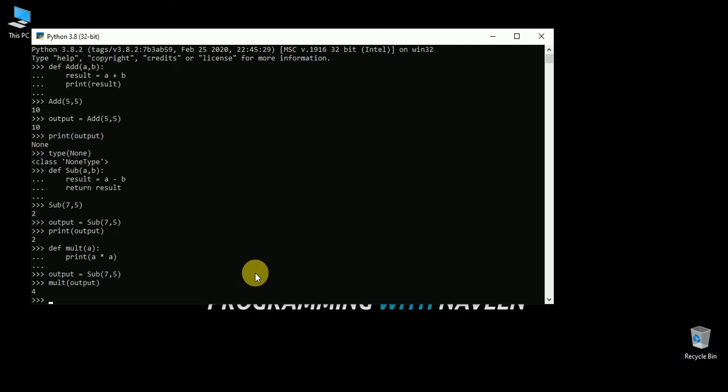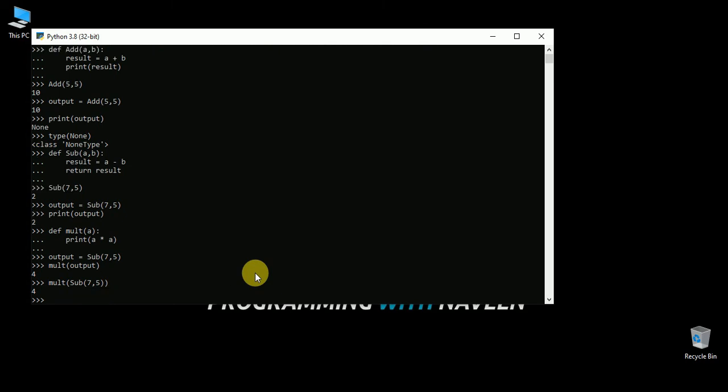So you will see this. You can also check whether it's working by calling mult and passing sub 7 comma 5 directly. It should work. So you are getting 4.